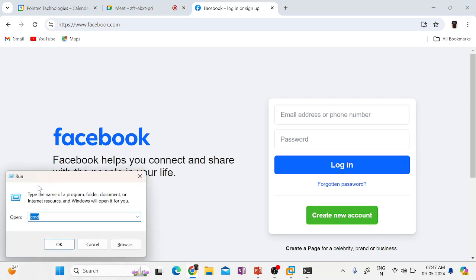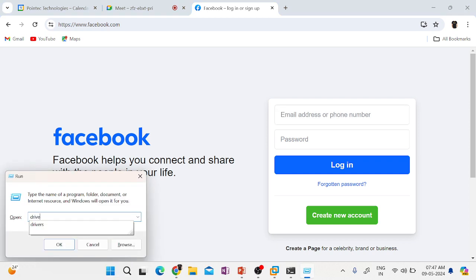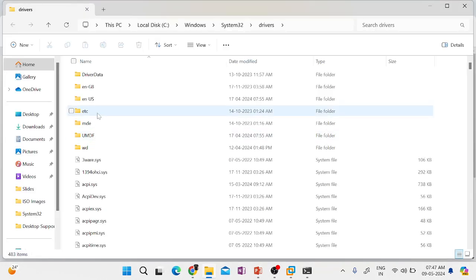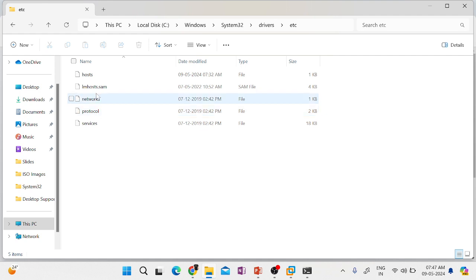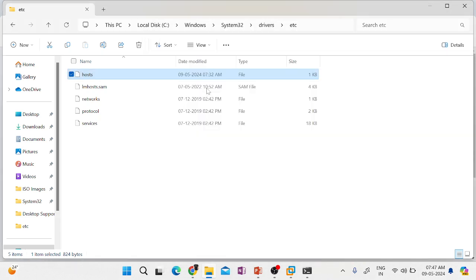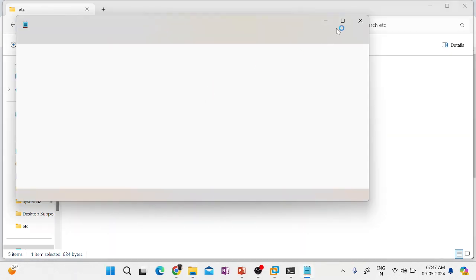That is the host file. If you go to Run and type drivers, there is a folder called drivers. In that you have something called etc, and there you have a file called hosts. If you open that hosts file in Notepad, there are some entries.